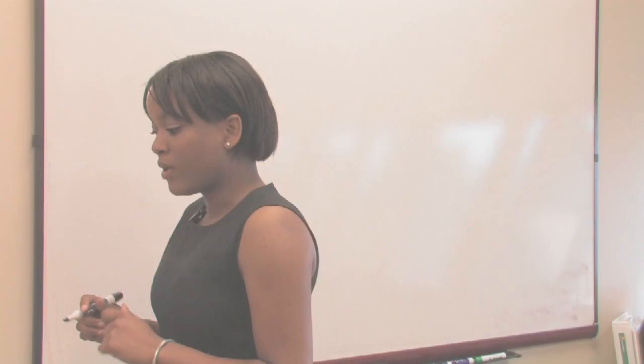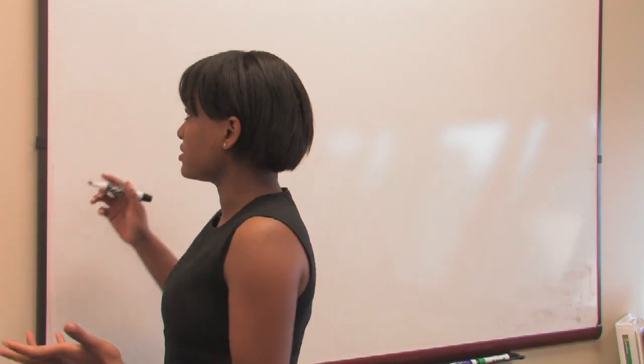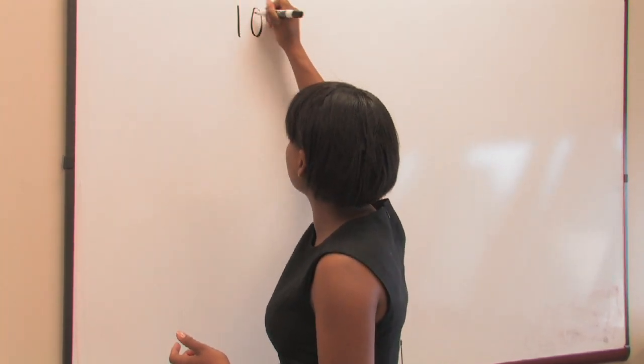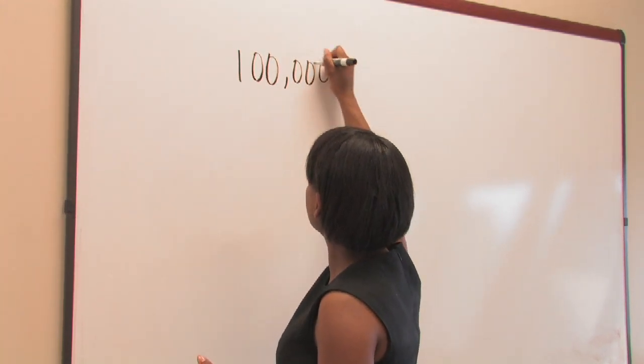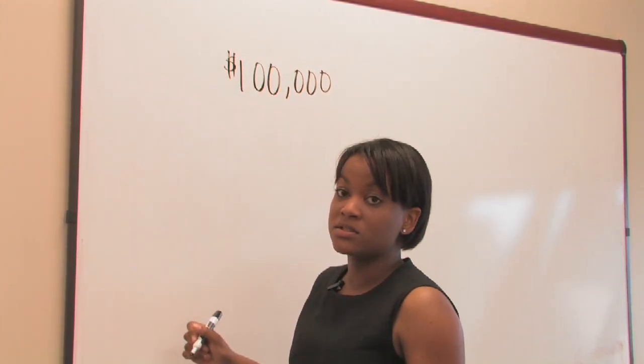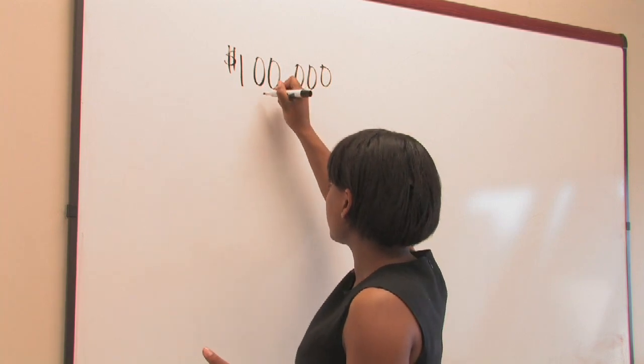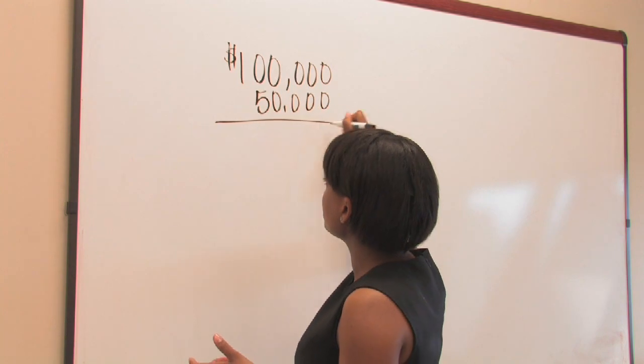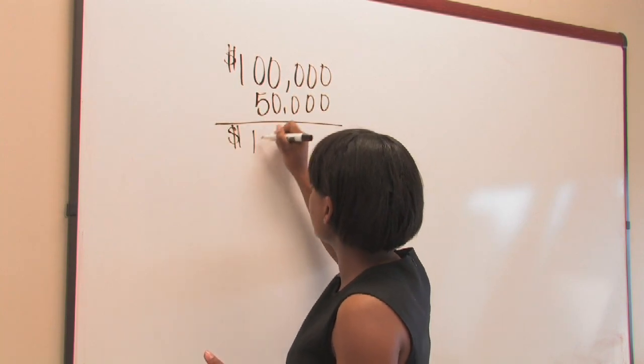One way to determine the value of a business is to add the total expenses of the business to the cost it would take to implement new management or annual salaries. Let me show you, for example. What we would do is take the amount of the expenses that the business has had over the course of the last year. So let's just say it's $100,000. And then the cost that it would take us to implement new management, say about $50,000. We would then add these two together, which would give us